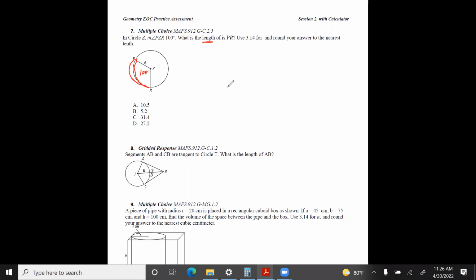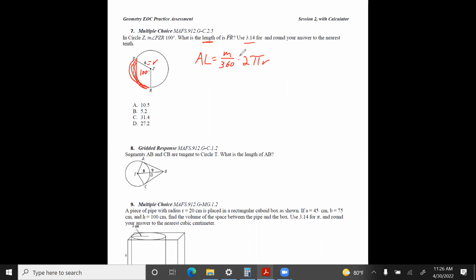So now, if they're asking for measure, it'd be the same. Since they're asking for length, we have to find an actual distance measurement. They gave us something to use for pi. They told us our radius is 6 on the diagram. So we're going to plug into our formula. Our formula for finding arc length, which is what this is, is taking the fraction of the circle we're using, so m over 360, and multiplying by our circumference, which is